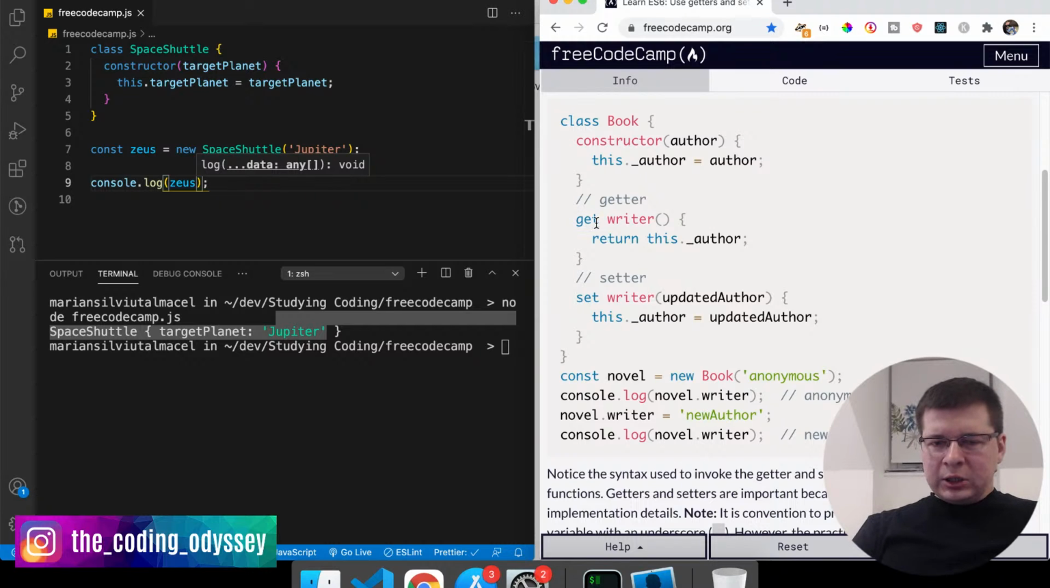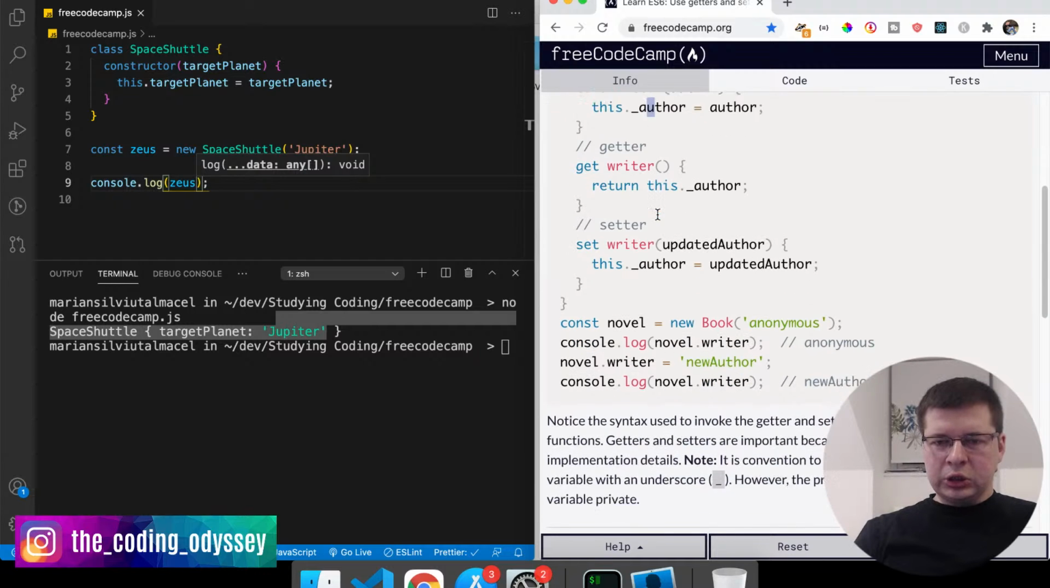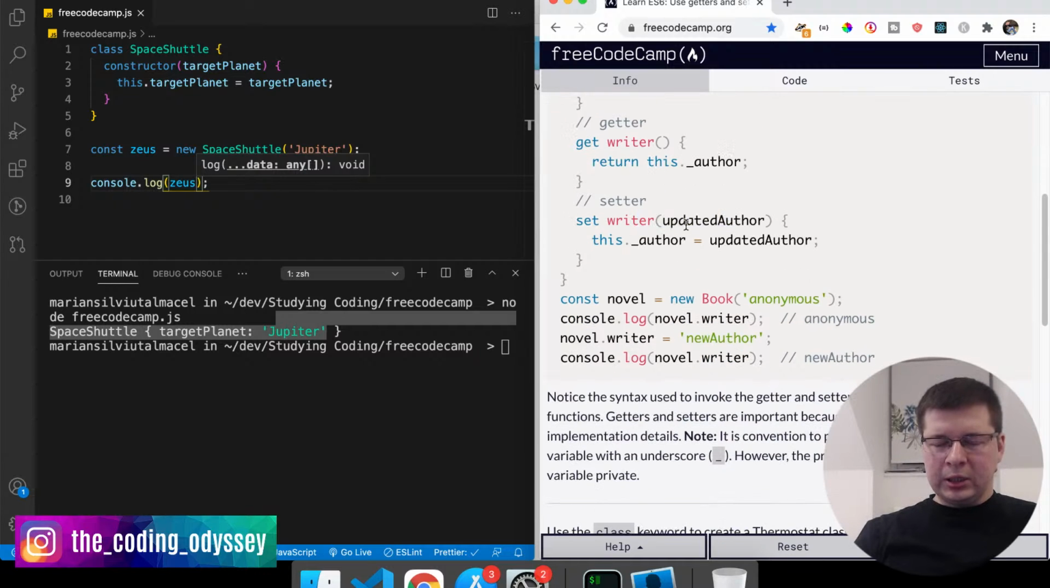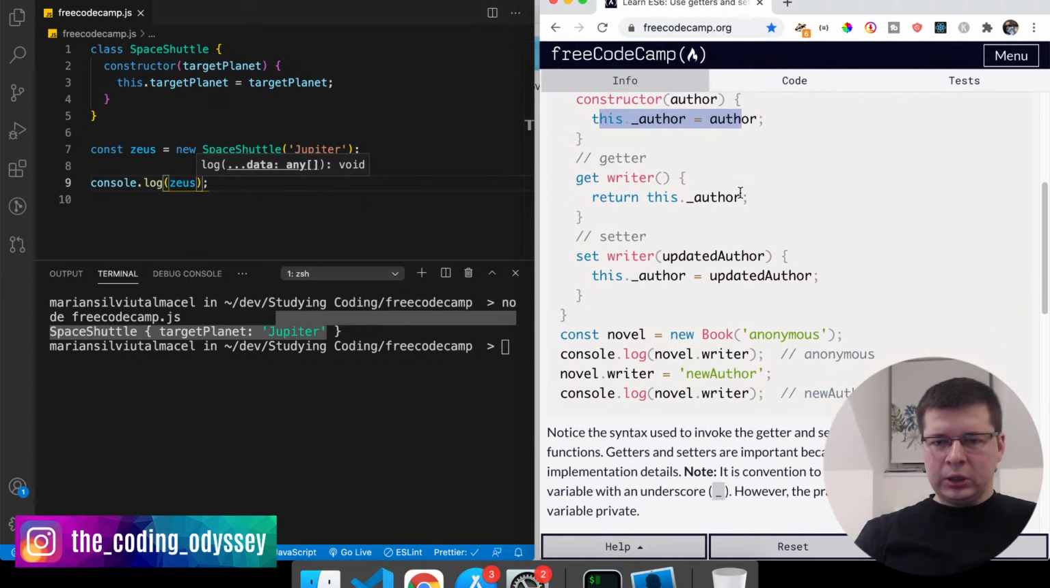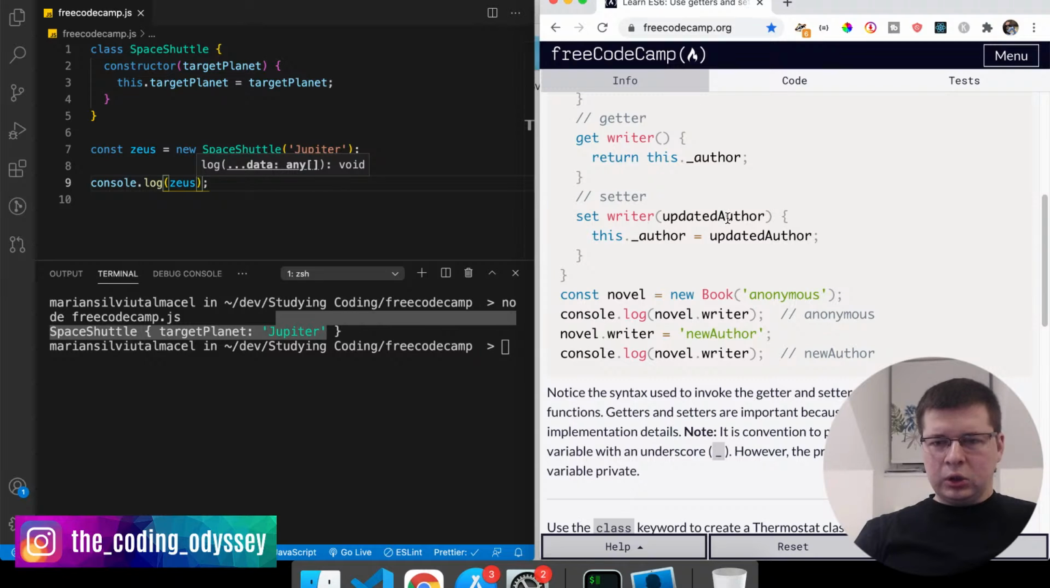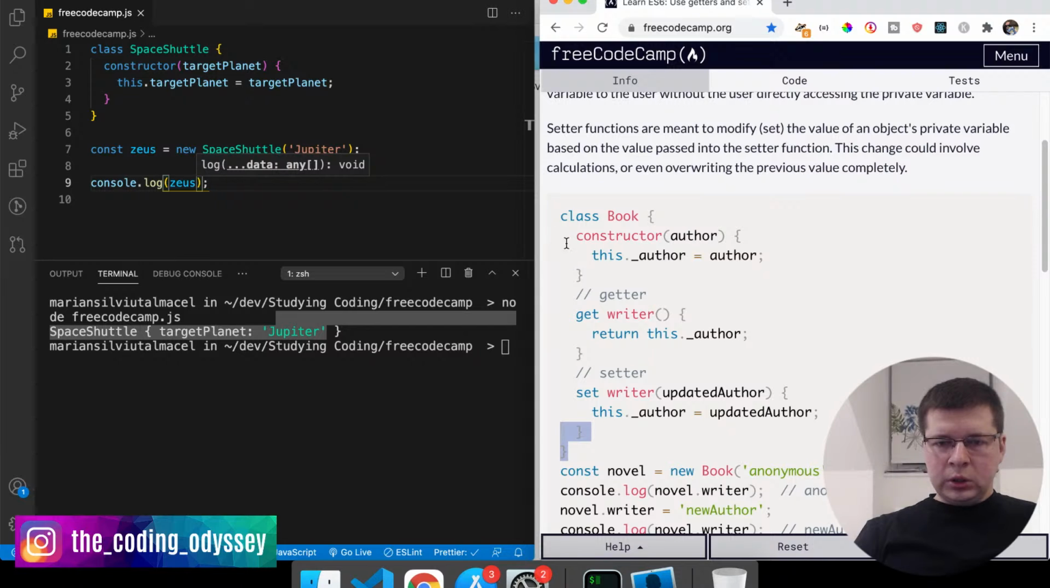So you write it with get, and then you put the name of the getter, which would be writer in this case, and it's called like a function, right? And it returns something because it is a getter. So it returns the value of author in this class. A setter gets a parameter and it can set a property on the class. So set writer, and here's the thing, because if I copy this here,